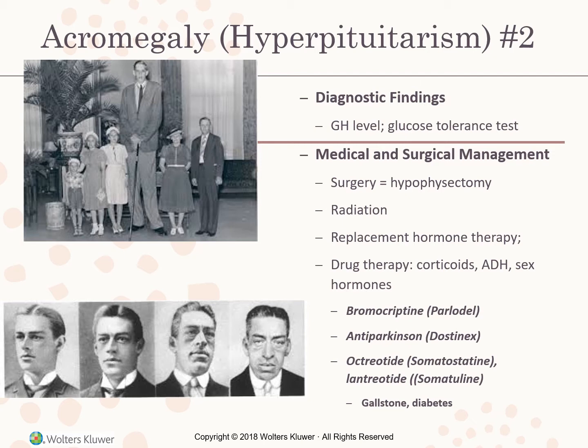One form of octreotide is injected subcutaneously every 8 hours, but there's a longer acting form, which is Sandostatin LAR Depot, which is injected intramuscularly every month. Both forms may cause GI side effects, gallstones, and diabetes. Pegvisomant, a growth hormone receptor antagonist, is the newest and most effective drug for treating acromegaly. Injected subcutaneously once a day, it normalizes the IGF-1 level by blocking the growth hormone stimulation of IGF-1 produced by the liver.